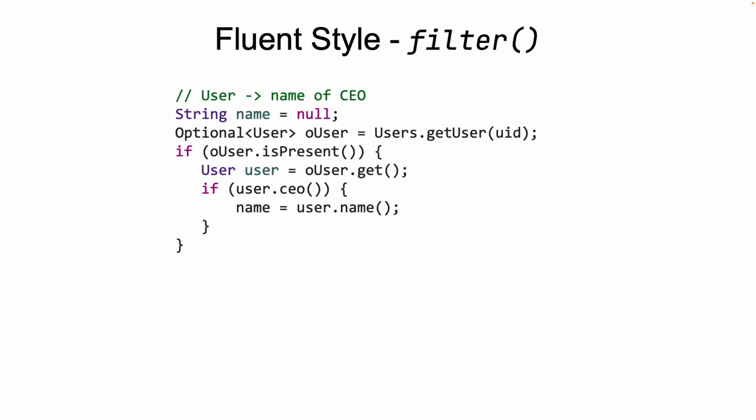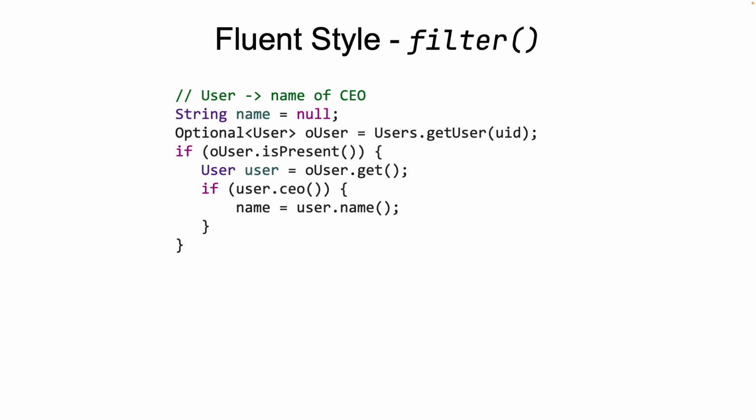Let's now change the requirement a bit to say that we should only get a valid name if the user is the CEO of the company. Remember, we have a flag in the user object which represents whether the user is a CEO or not. Using the imperative style, the method code would look something like what is shown on the screen. Here we set the name only if the user is the CEO. So we need an additional check to test for that by using the method user.ceo, which will return true or